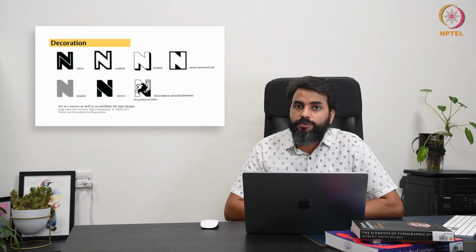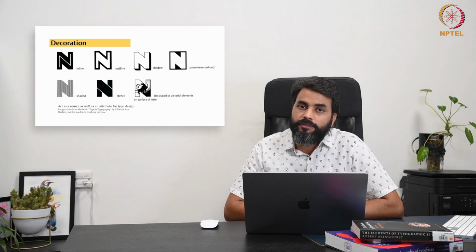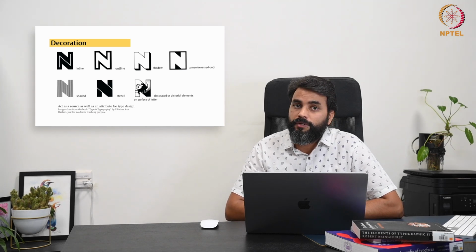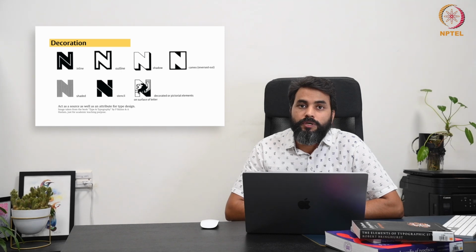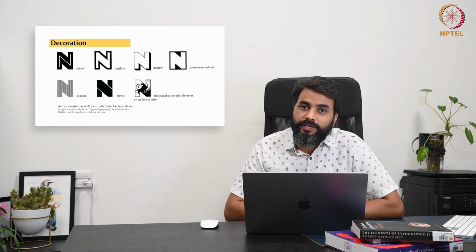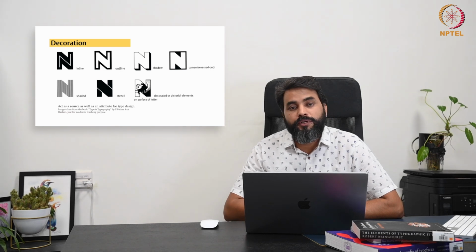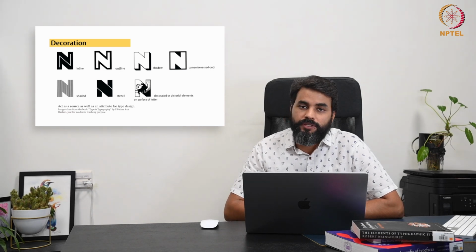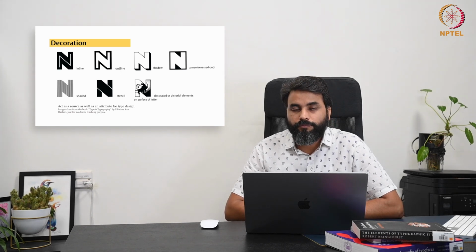This contributes to a font's aesthetic character, making it suitable for a particular mood and appropriate for a particular theme. Decorative elements can make a typeface feel more expressive, unique, or aligned with a particular visual language and style, such as vintage, modern, playful, or elegant.